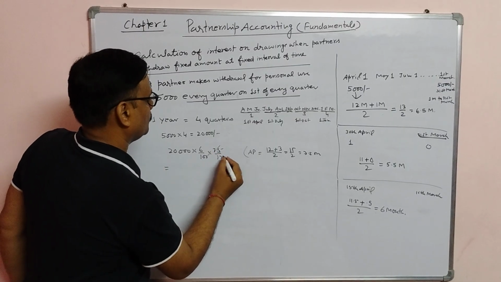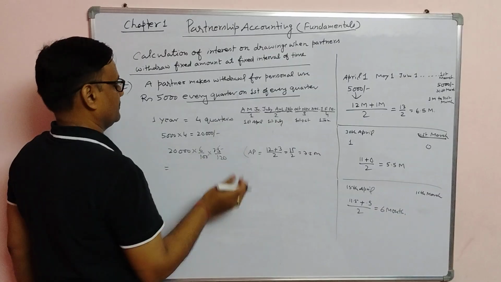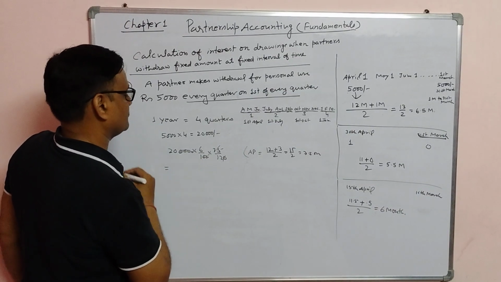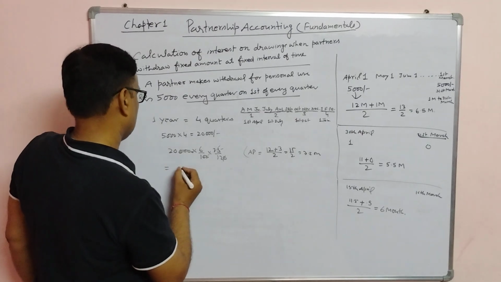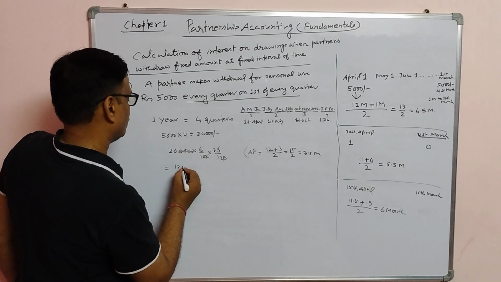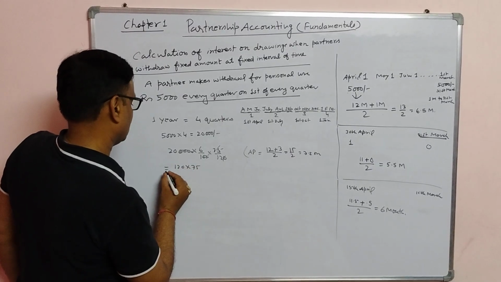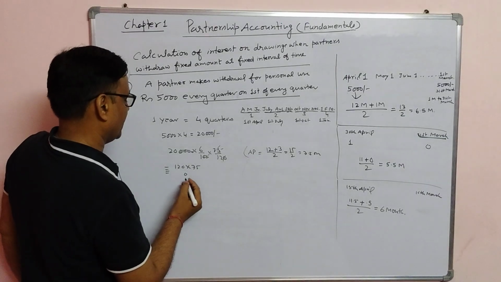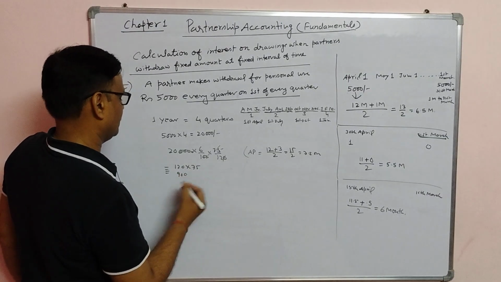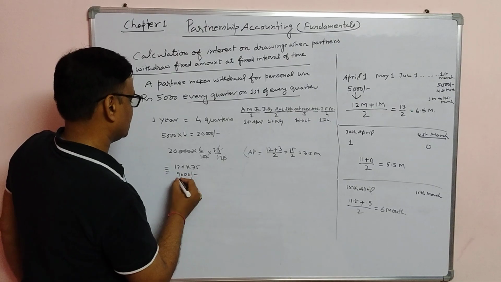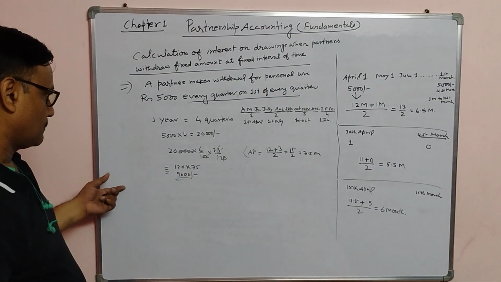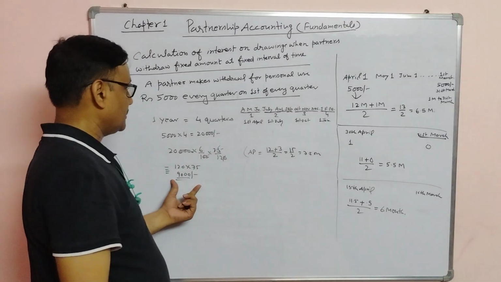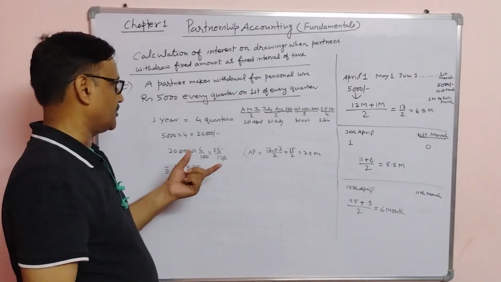So let us solve it. You put a 10 here and cancel the decimal. Then you cancel these 2 zeros and 1 zero by this, and then it will be 120 into 75 is equal to 12 से मल्टीप्लाई करते हैं. 12 5 जा 60, कैरी ओवर 6. 12 7 जा 84 and 6 90 and 1 0. 9,000 rupees. So this is how we will calculate when a fixed amount is being withdrawn by the partner